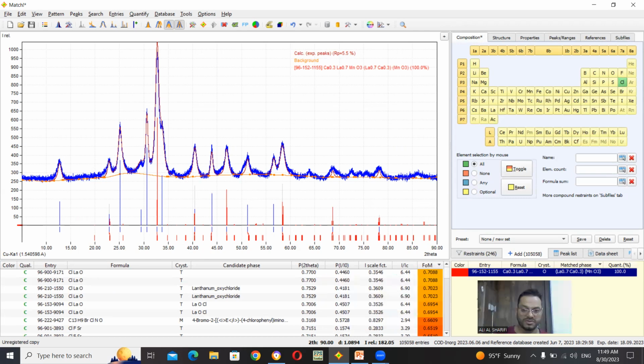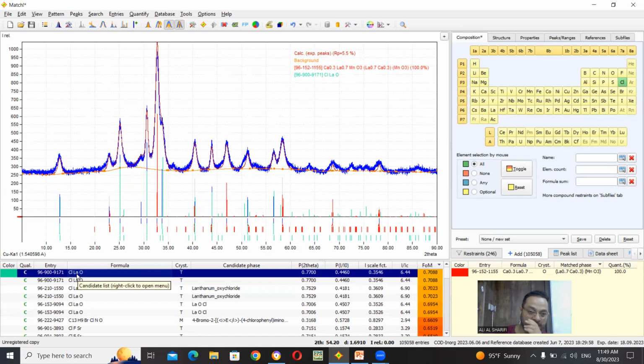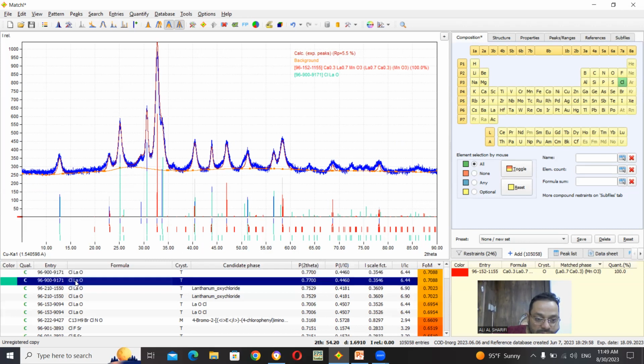I have too much Cl lanthanum oxygen. That means chlorolanthanum. I have chlorolanthanum as an impurity. Let's push the first one and see what will happen. It is approximately matched. Approximately my impurity is chlorolanthanum. Let's select this one,